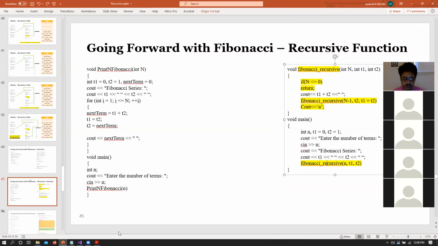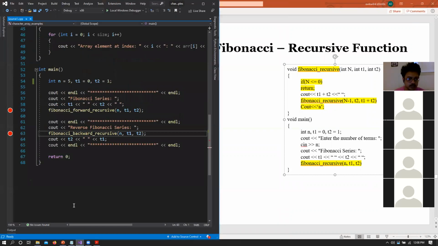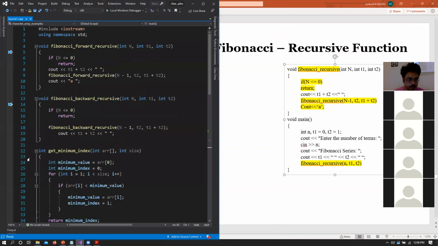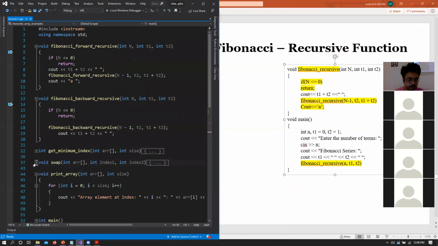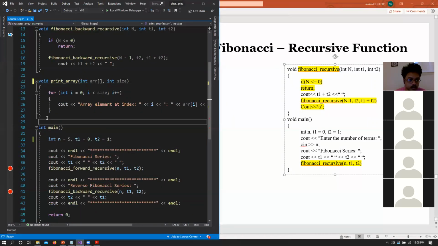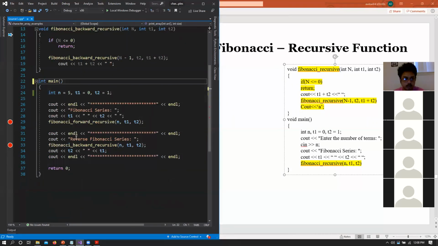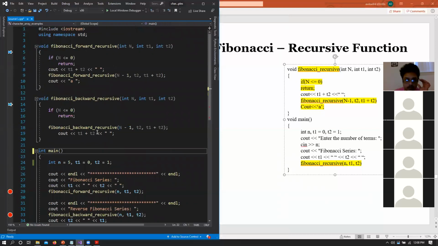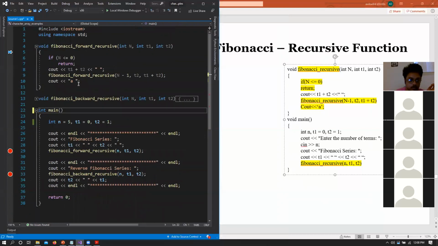Okay, so let's visualize this. I have this function, which is basically the same function here.